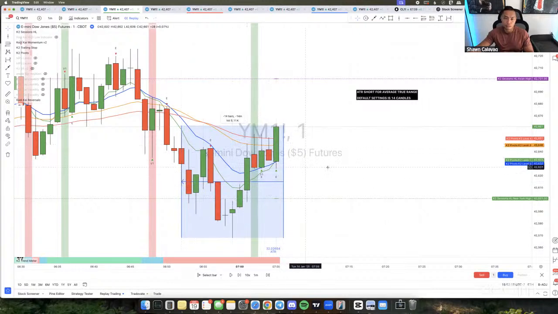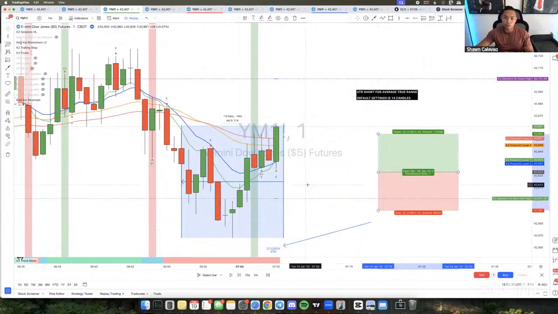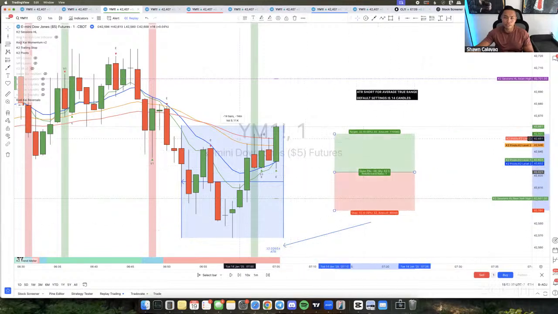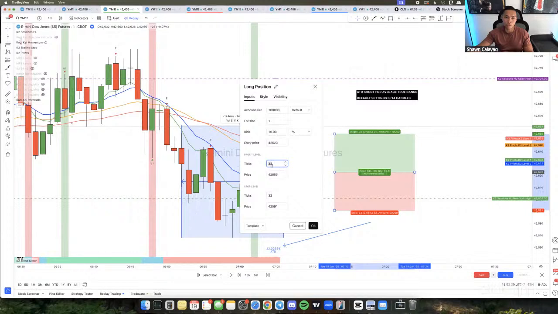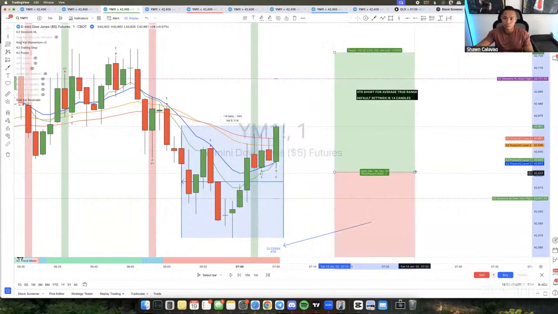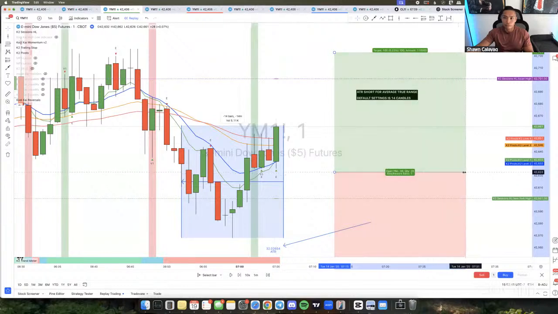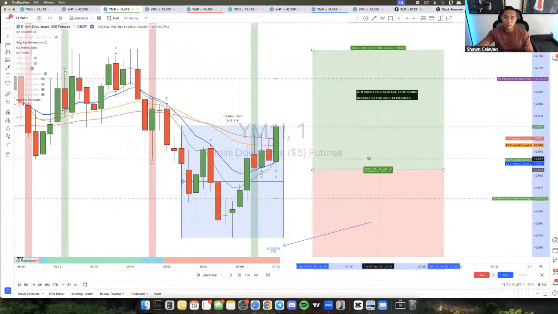That's why we use this as a good identifier for our TP and stop loss. You want to go with how the market's moving, right? For example, if you're trying to get in and out of this position within 1 or 2 minutes, you want to go at whatever the average is. If you plan on holding this position for 10 minutes or even an hour, you can go for the bigger target, right?